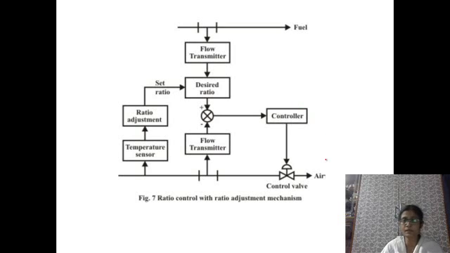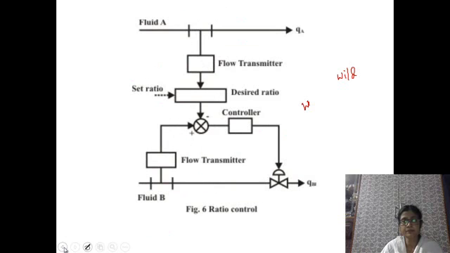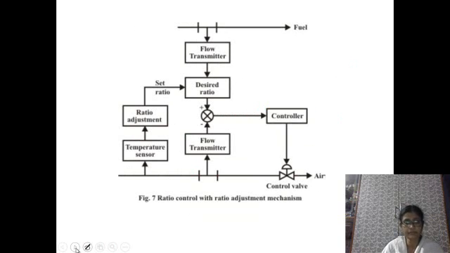remember the feed forward control schemes. For feed forward control schemes, this is another arrangement for temperature measurement. Otherwise, this scheme is just like the previous one, where two flows, that is the flow of fluid A and the flow of fluid B, are measured, and fluid B is the control part. But as this is basically the feed forward control scheme, along with the measurement of flow, it can take care of other parameters, that is the temperature of